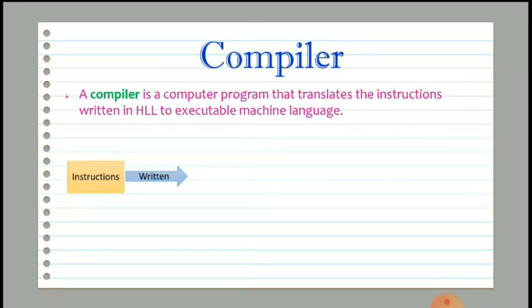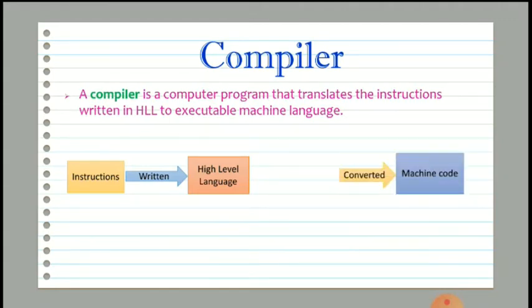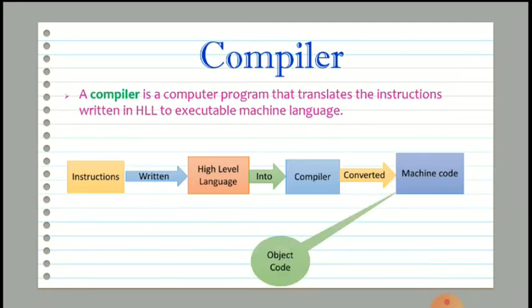So if you are writing instructions in high-level language, that instruction should be converted into machine language by using compiler. So when you translate instructions into machine language, it is called as object code.